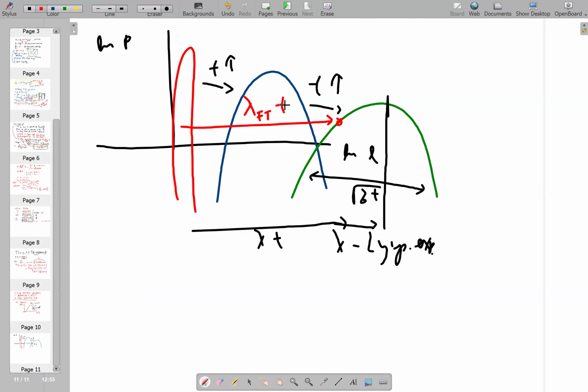So lambda finite time is the logarithm of x divided by t, just like that. And lambda is